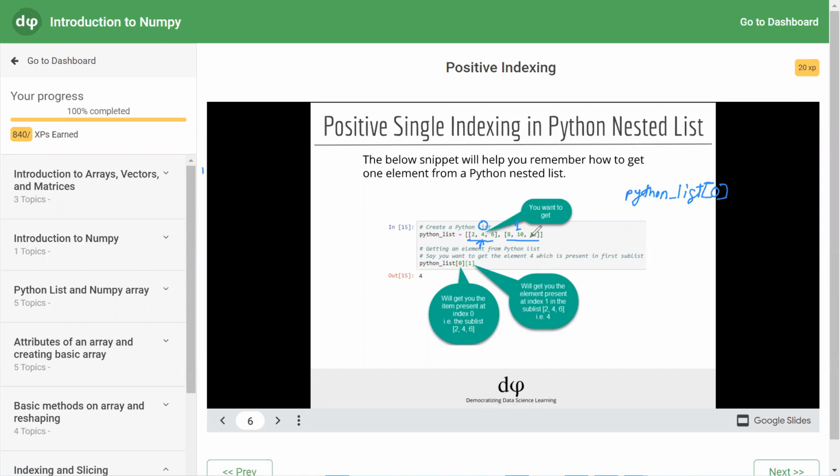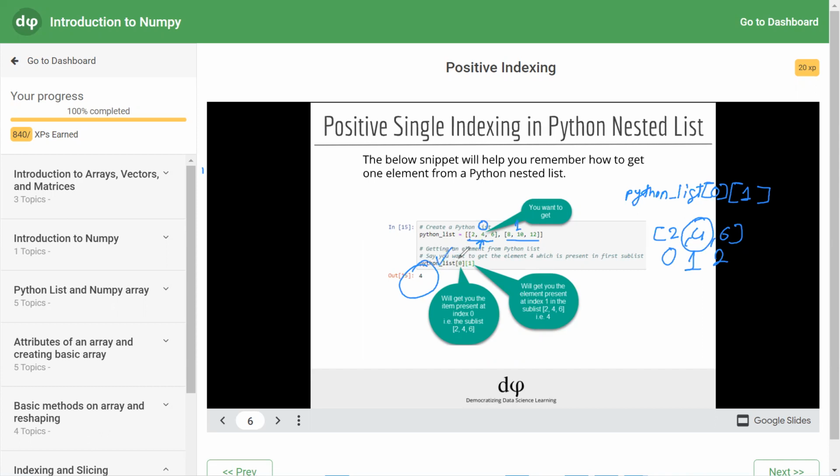So this will return a result [2, 4, 6]. But from the result, which contains 2 at index 0, 4 at index 1, and 6 at index 2, what we want is 4. So in front of it, in another square bracket, we have to write 1. So from the result, it will fetch 4 and give it on the user screen.